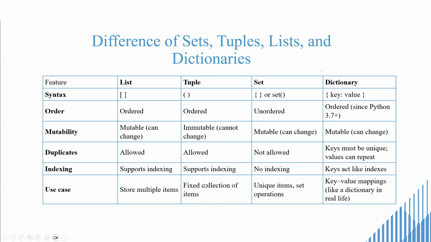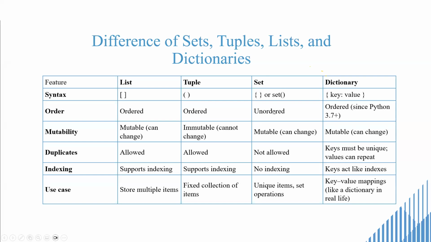So if you have a fixed collection and you know that I have 3 or 4 things and you will not upgrade or change it later on, you can use a tuple. But if you say, okay, I need some more features in the next version or at another time, you can use a list instead of a tuple. Once you create a tuple, you have to go back to your main code and change it manually. Otherwise, you cannot change it through code.